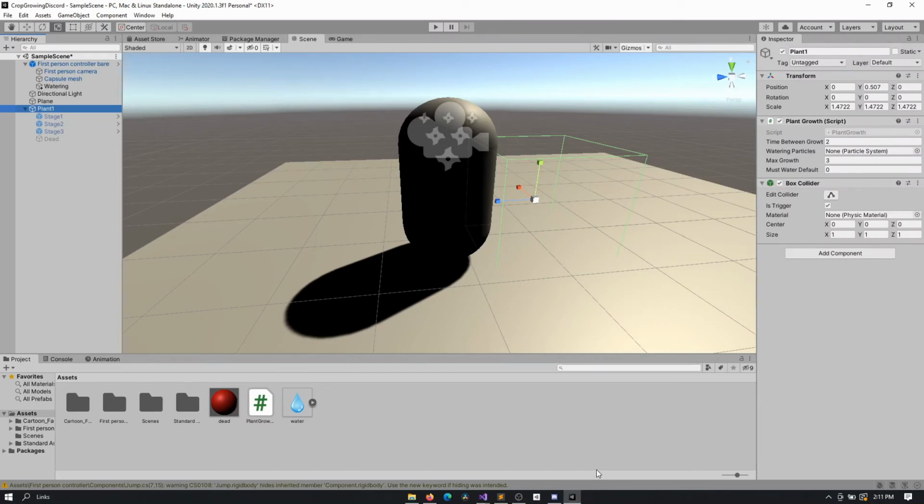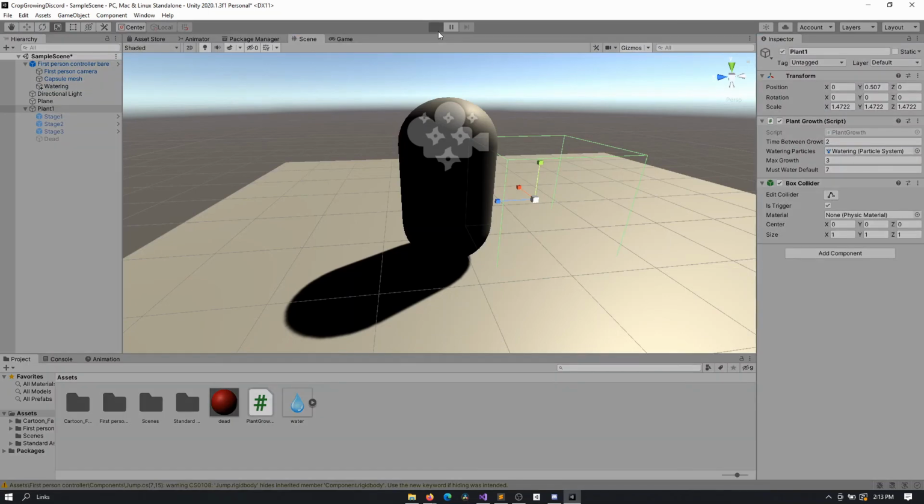And so let's set our default water, the time between that you're forced to water. So let's put something like 7. So every 7 seconds you have to water your plant. And I'll also drag in the particle system. So our particle system was on our player and we called it water. So I'll drag that in here. And now if we hit play,